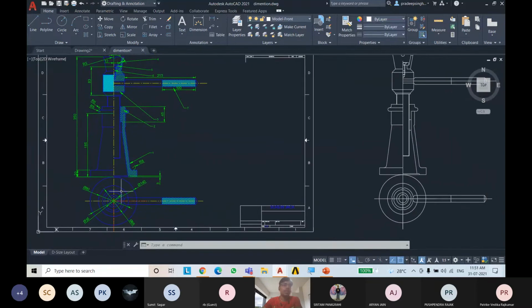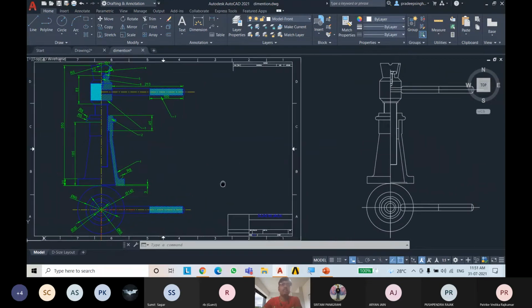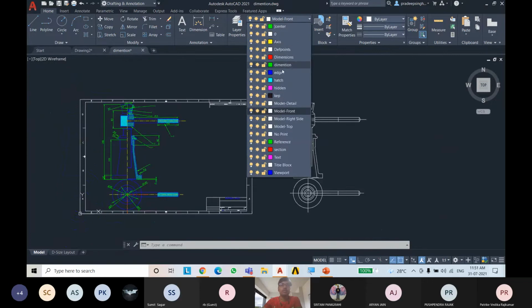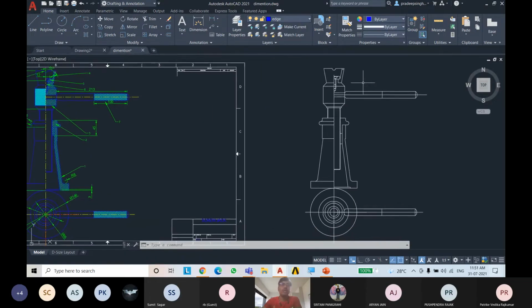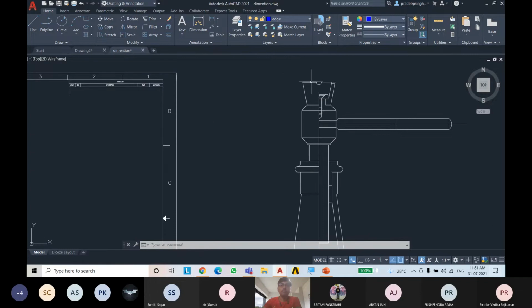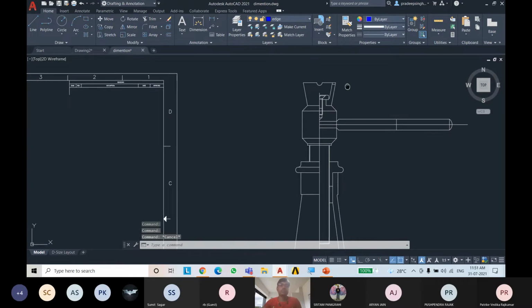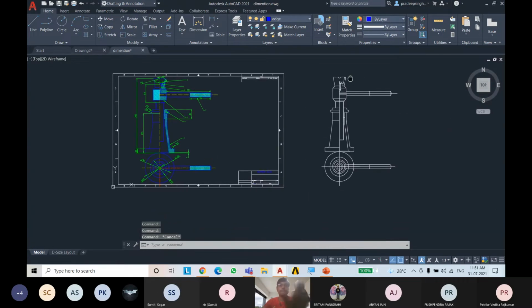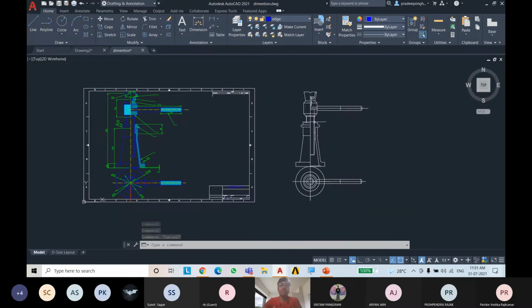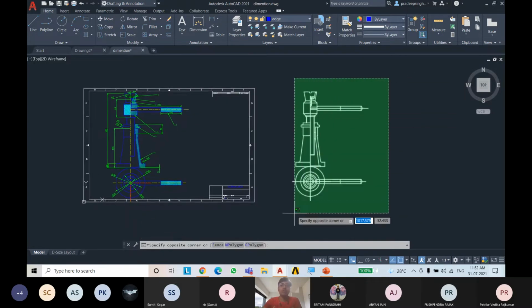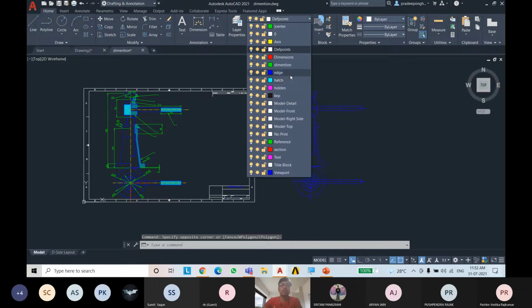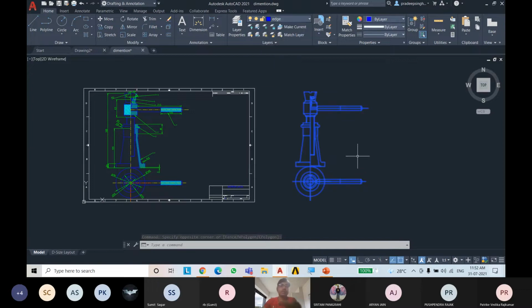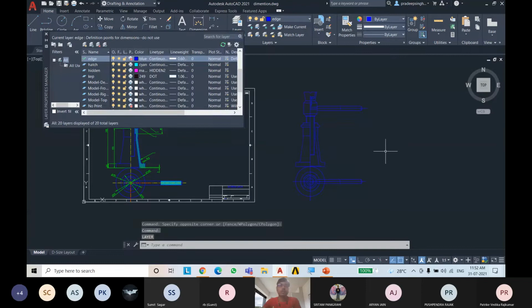Go there, select this layer edge. Almost everything is edge, so just click on this window, select, and then click on edge. It will change the color of this drawing to edge.